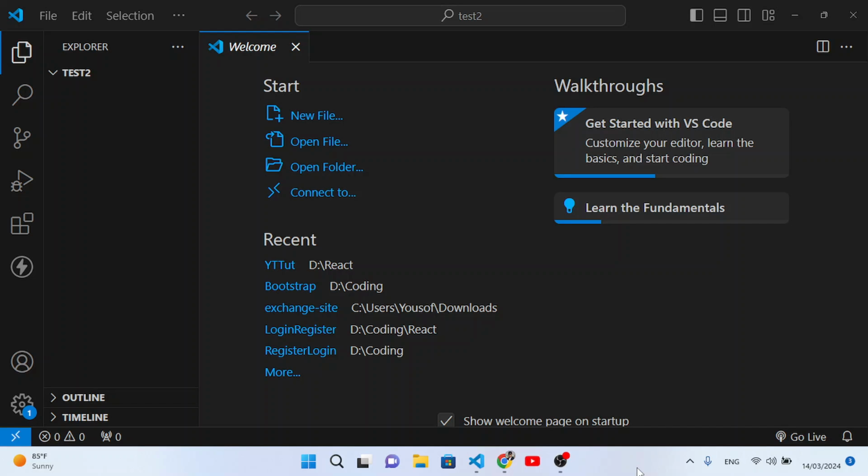Hello everyone. In this video, we will connect our React app with MongoDB database. We have two options for MongoDB. The first one is to use it locally, which means an offline tool. The second one is an online tool. In this video, we will use the online tool. But if you would like to use the offline tool, which is MongoDB Compass,